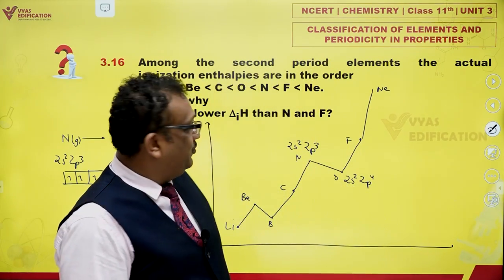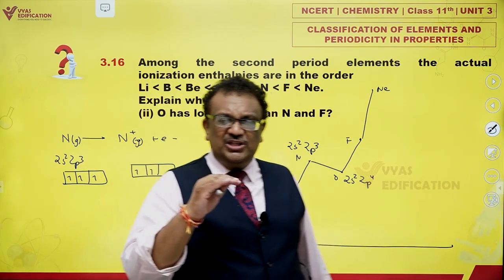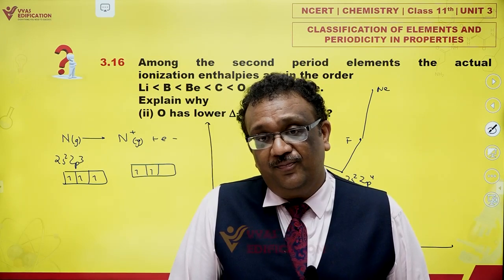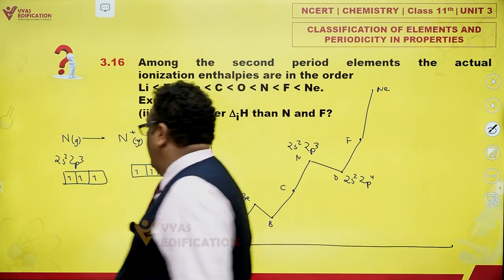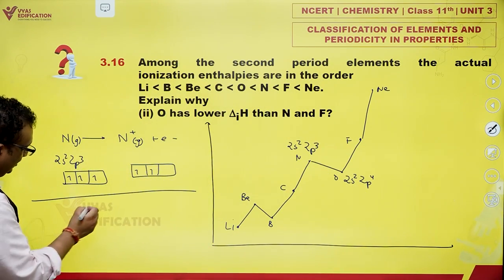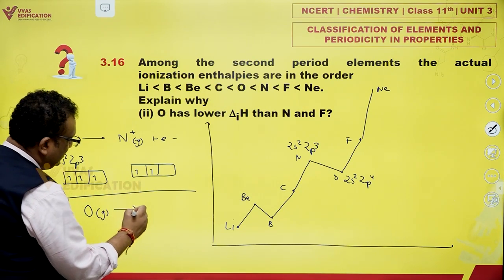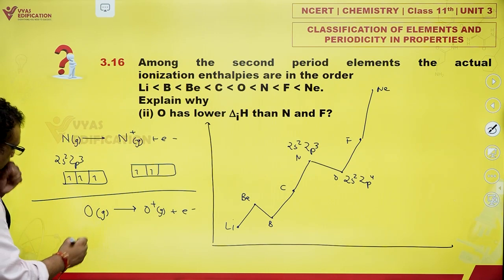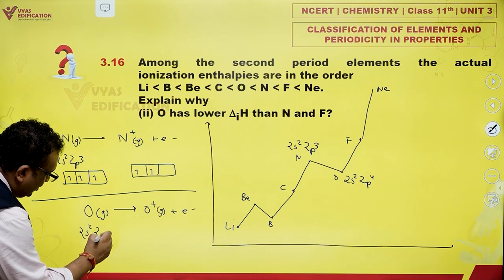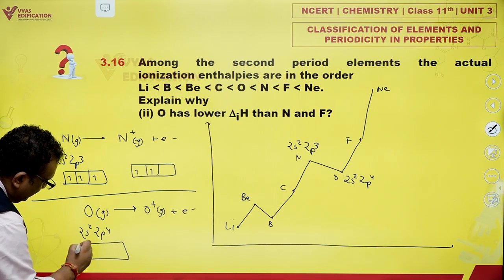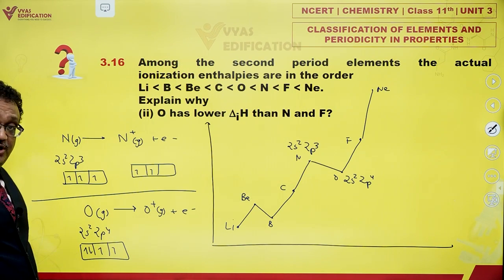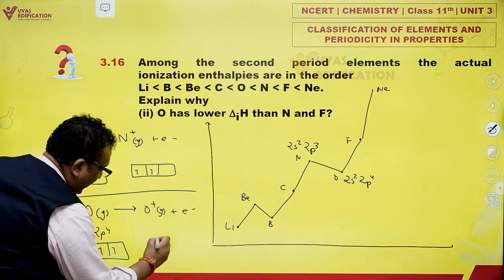orbitals, and that is why they need an energy which is slightly more than the regular energy they would be expected to need. Okay, and in case you're looking at oxygen, the opposite is true. Why? Oxygen has electronic configuration 2s2, 2p4. Now, does this oxygen possess extra stability initially? No. But once you ionize,